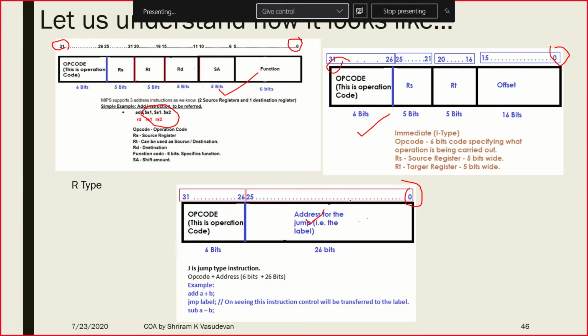We have got 3 types of addressing mode. The first one is R type. The second one is I type. The third one is J type. R, I, J. R is 100% connected to the registers. I is 100% connected to immediate operations, which includes add immediate kind of operations. Jump is to transfer the control to a different memory location. That's it. It's very easy, and this one is to be remembered.